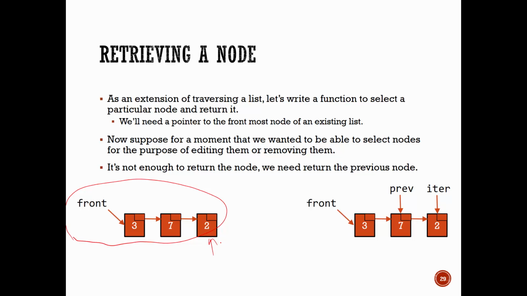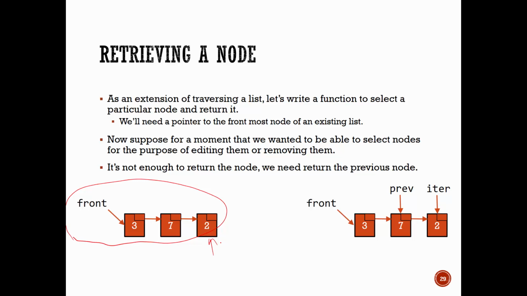Well, the problem is I can't return a node directly, because if I return a node directly, it would make it impossible for me to remove it from, for example, the middle of a list. The reason for that is if I want to delete from a place, I need to update the next variable of the node that comes before it. When we did delete for our simple example, we were deleting from the front, and the next variable was really that list variable, the one on the outside that keeps track of the first node in that list.